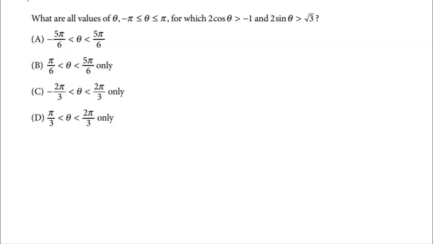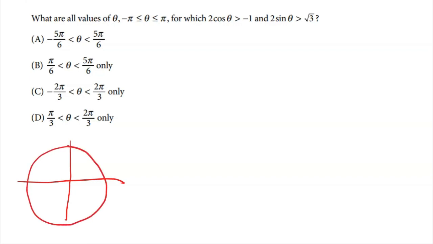So I'm going to really take my time on this problem to make sure I explain it well. And I definitely think a picture is worth 1,000 words. So before I even start analyzing those inequalities, I'm actually going to draw a picture of the unit circle here. Just going to draw a picture of our circle. And they want me to get answers going from